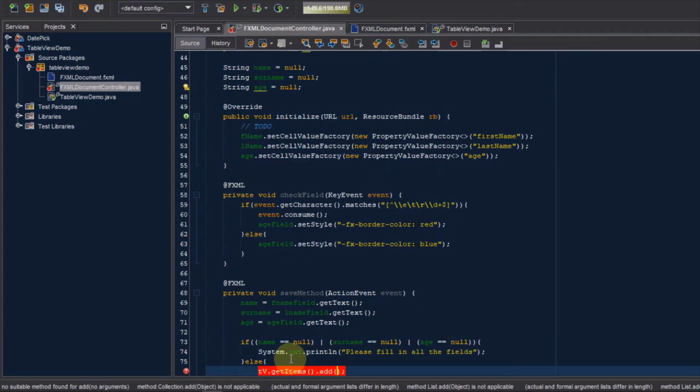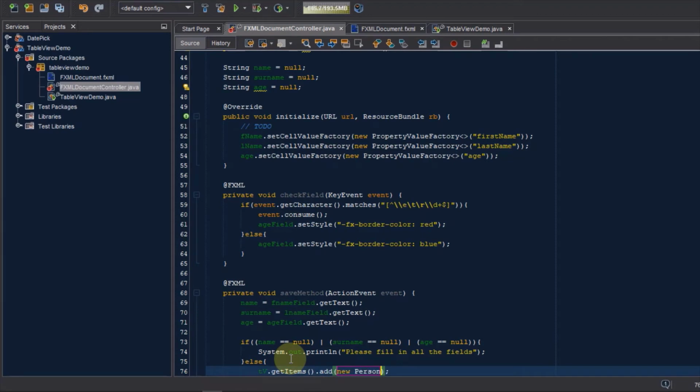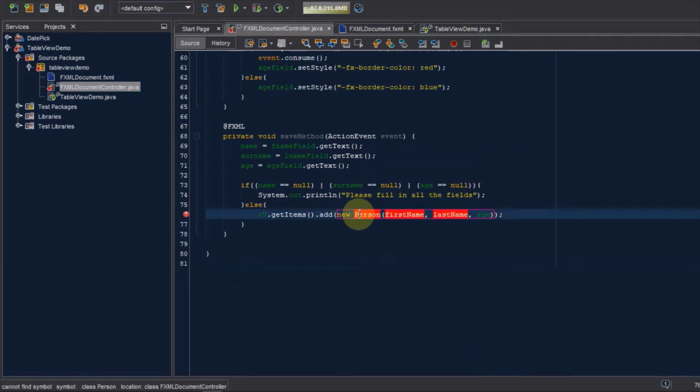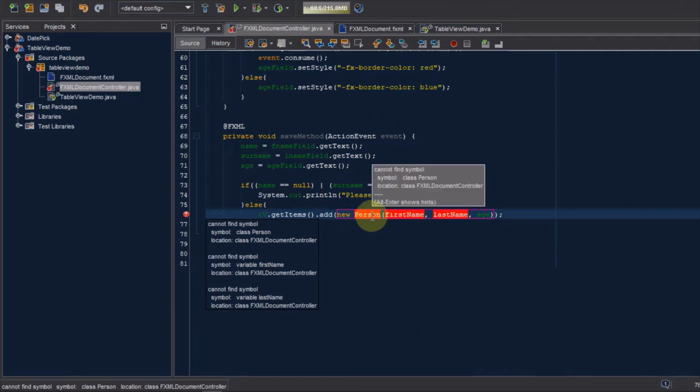So we add an object of type person with the constructors first name, last name, as well as age. Okay, now that we were able to create this, let's go ahead and